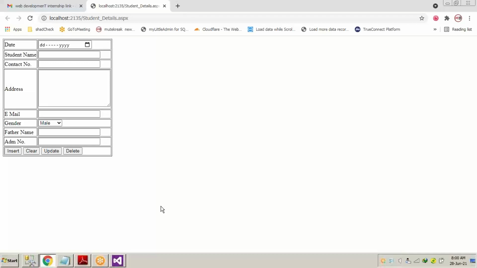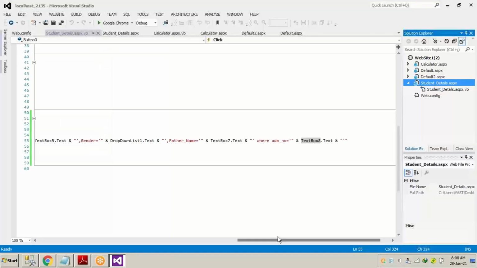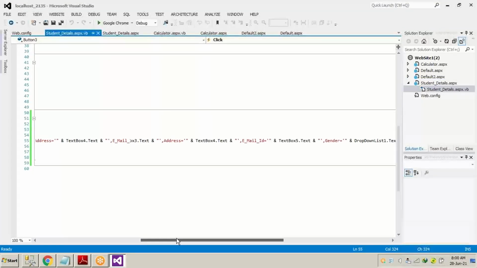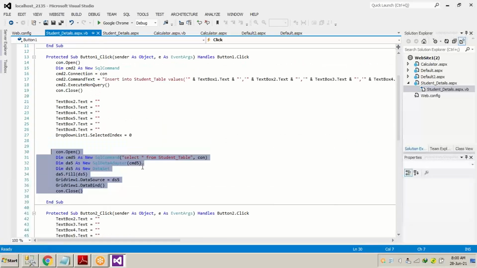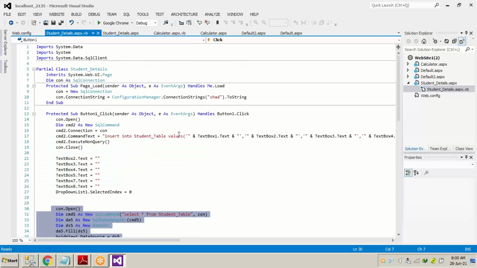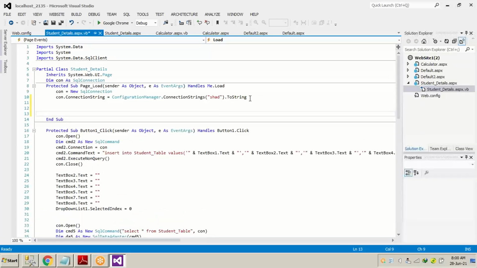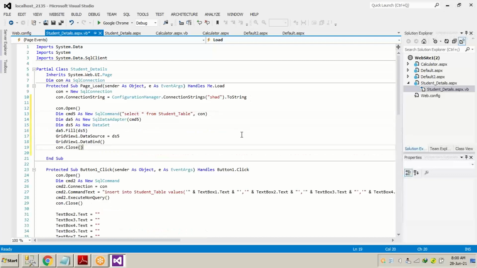And as we go on inserting, the records increase on the grid. So what we will do is go to the insert statement, copy the grid coding, and paste it inside our form load event. Means in the form load event, we have two sets of coding. The first set, the above coding, is for making the connection between the front end and the back end.